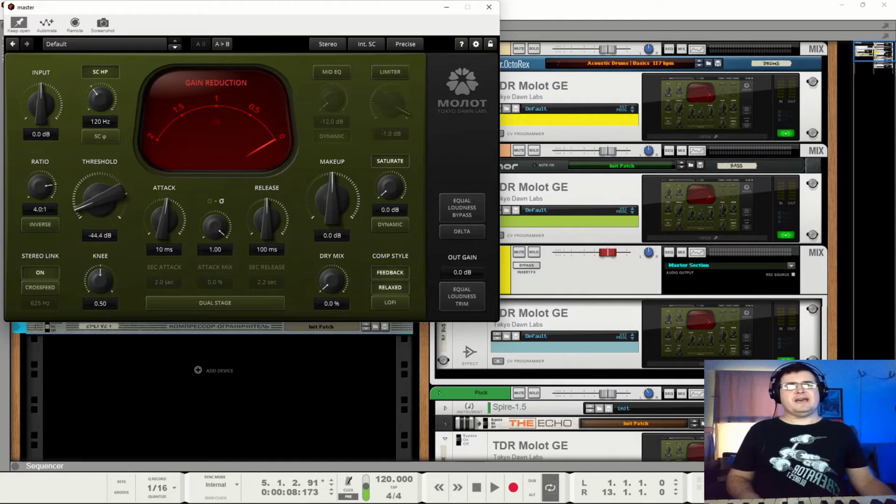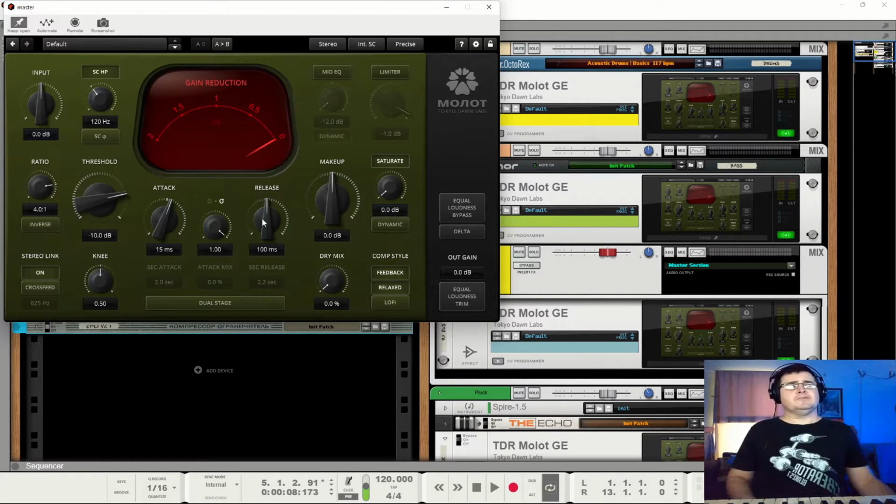Threshold, minus 48, is sort of far enough down. You have an input which you can drive, pretty standard, plus minus 12 dB. That should be enough, 50, 60 dB. So that's the same as the Rough Rider, but we can split it between input and threshold setting. We've got our attack,